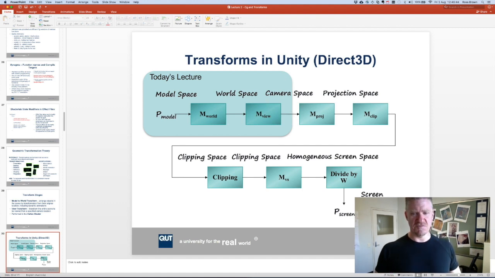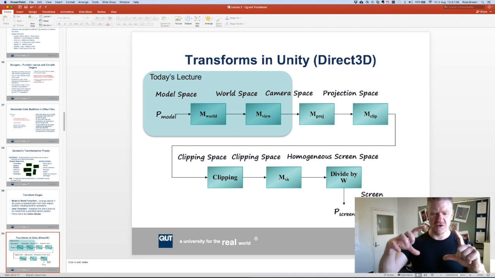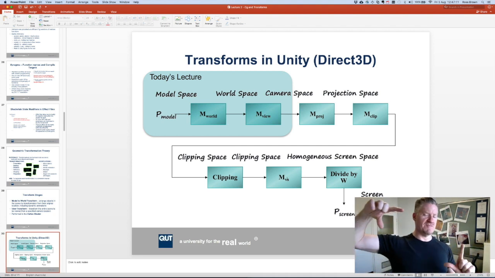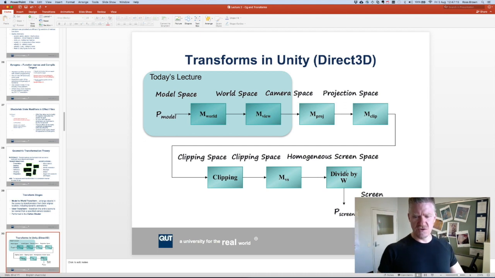There are other stages coming. There's a projection, and then there's a clip space. Maybe you noticed in the tutorials that Unity gives you a projector clip space. That's those three variables put together: world, view, projection. And then in clipping space, there's a viewport transform. So that's taking the canonical space and stretching it out and translating it appropriately to match your screen. And then finally, you divide by W, you then get a pixel, and you fill that pixel with color. That's the final thing that the pixel shader does. So it's dealing with viewport transform fragments that are already on the screen, and then it fills them with color